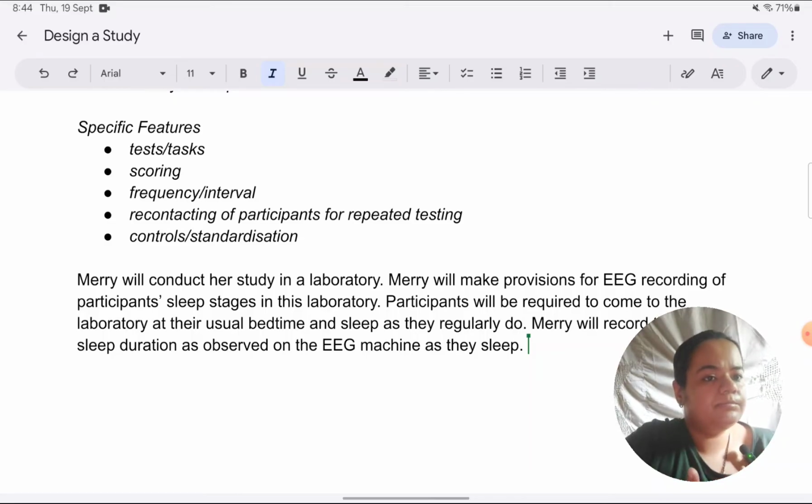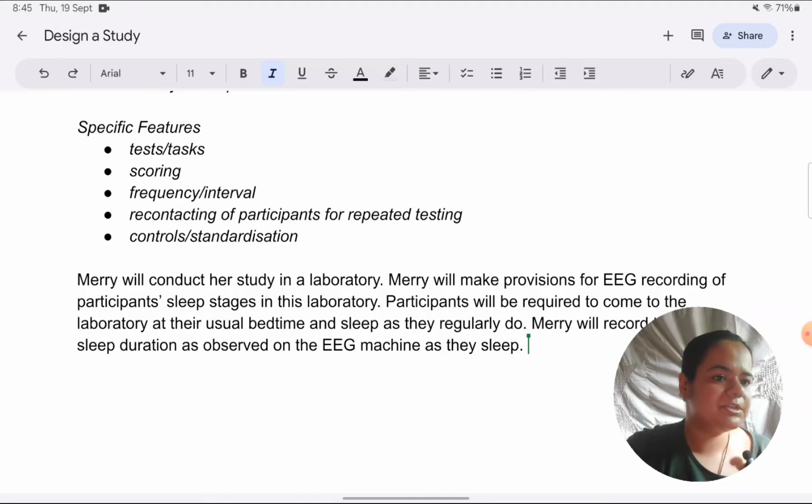Okay, also, I could have elaborated more, like I could have written about the electrodes that need to be attached and all. It's just that it will make the study very lengthy. So I'm taking a call not to write about how electrodes will be attached to their scalp. You can write those things if you do. Also, don't write about EOG recording and all. It's not required in this study. Like I said, some students will just blatantly copy what is in Dement and Kleitman. So the EOG electrode should be next to the eye so that Mary can see the direction of eye movement. Mary's intention is not to see the direction of eye movement. So don't write things which are irrelevant.